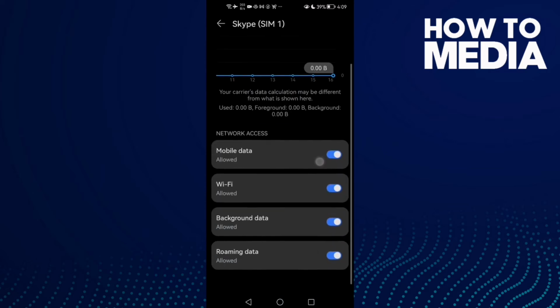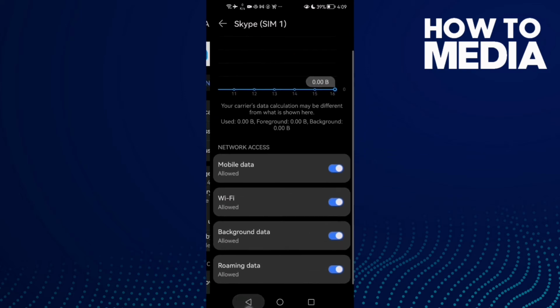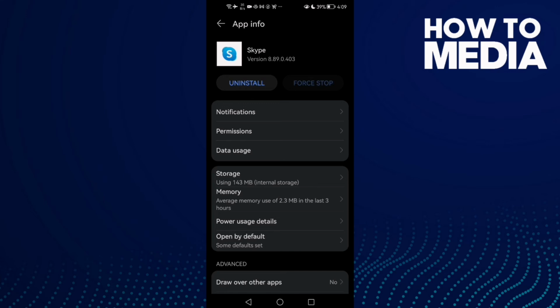Click data usage and check all of those here. Maybe background data, you will find it like that. Allow it, and that's it. Then allow all of those, and after that just go back and try again, and if that doesn't fix your